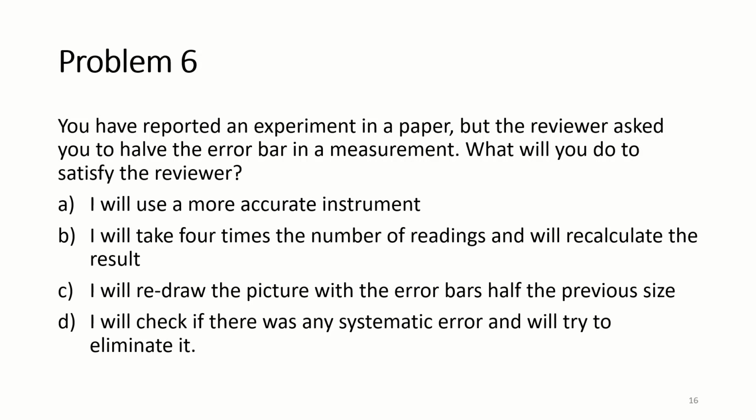So there are two kinds of error: random error and systematic error. Systematic error comes because of some faulty equipment. So in each of the observations, you will see that error. Okay, that's what systematic error is. I don't know, your voice is kind of breaking in between. Yeah, got it, sir. Thank you.